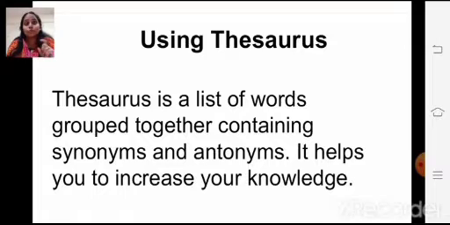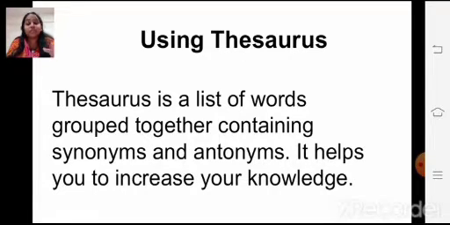Suppose you have selected the word movable. What will be the synonyms for this word? For movable, there are so many words with the same meaning. You will get a list of those words, like flexible, mobile, transferable.